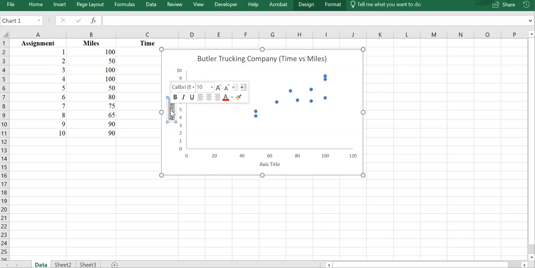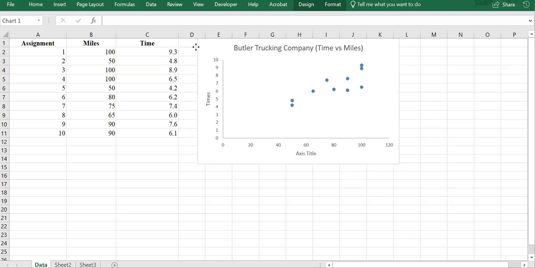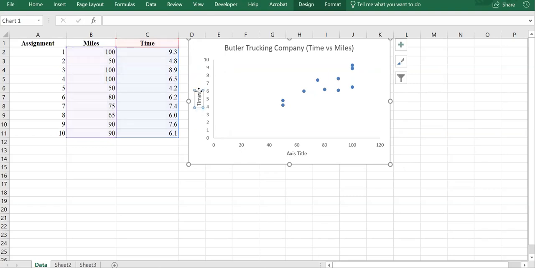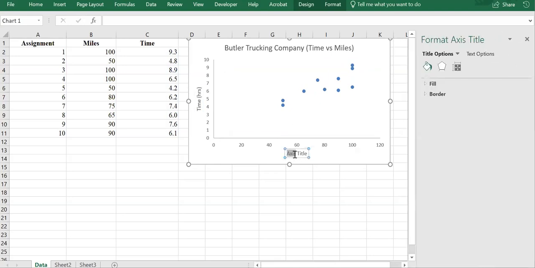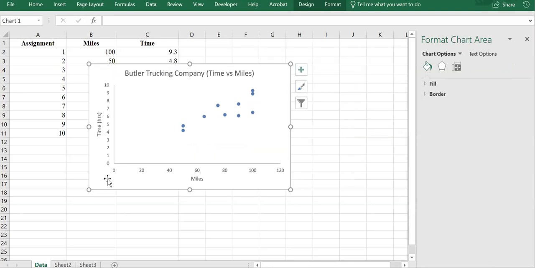So this is the time that it takes, time, and it's actually in hours. And then miles. All right, so now I have